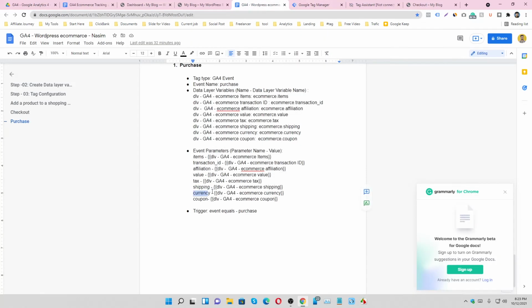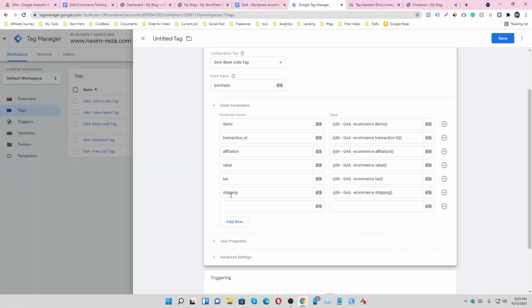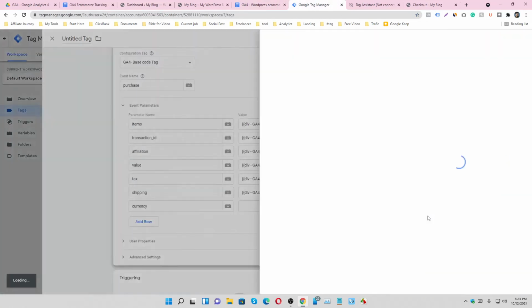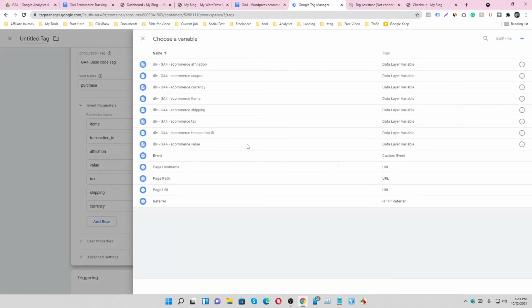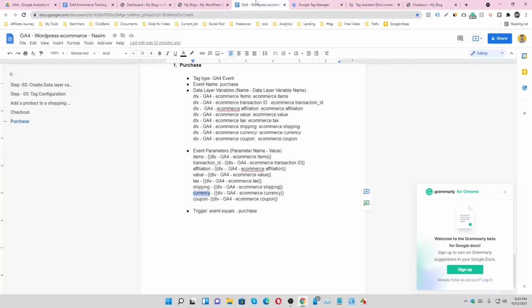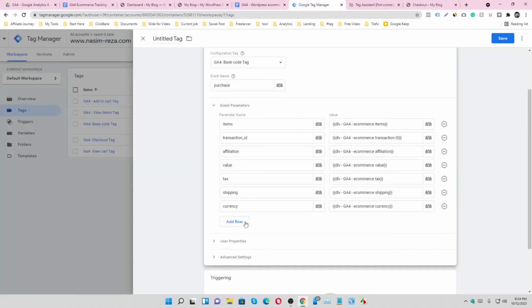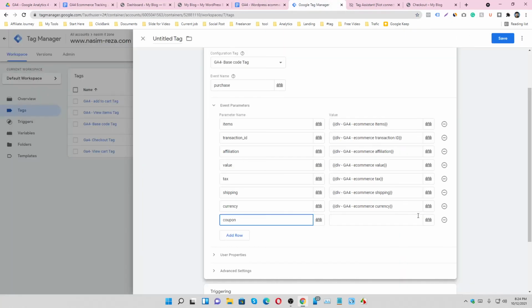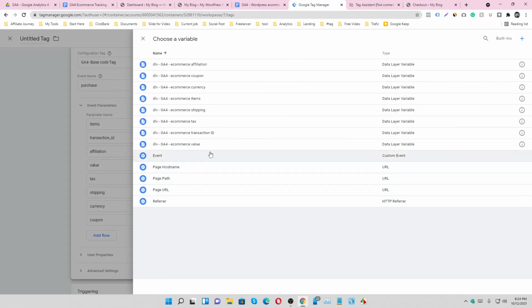Then copy currency and select the currency. Then copy the coupon and select the coupon.